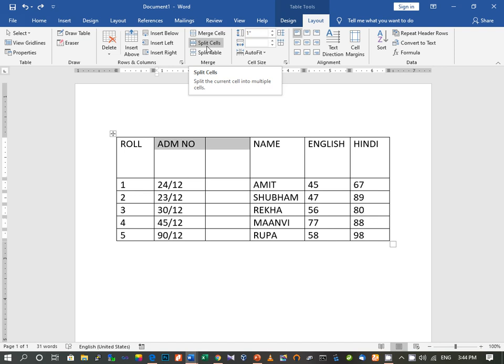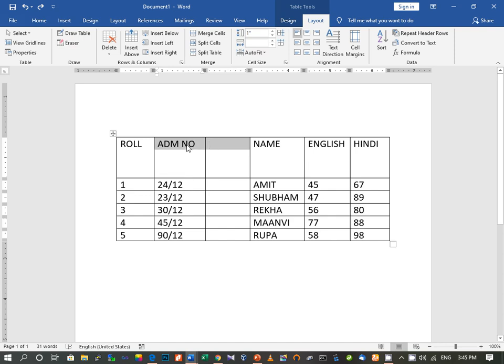Split cell means we are going to divide the selected cell into separate cells or separate columns. So suppose you want to split this particular cell, this is a cell. Hope you understand the difference between a cell, column and row, so first let me revise that. This one complete box, formed by the intersection of rows and columns whenever you are creating a table, is called a cell.